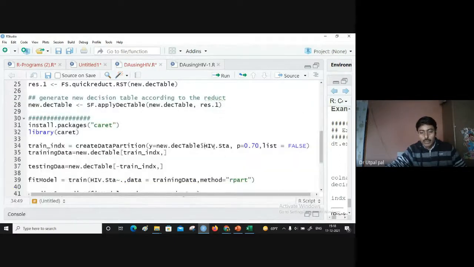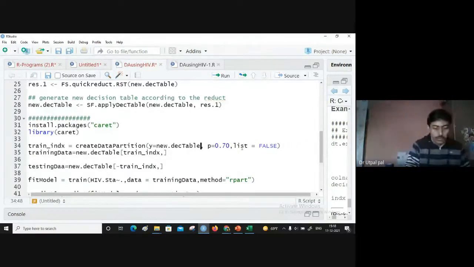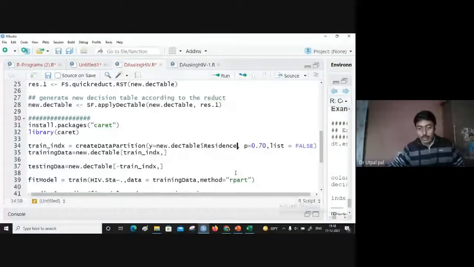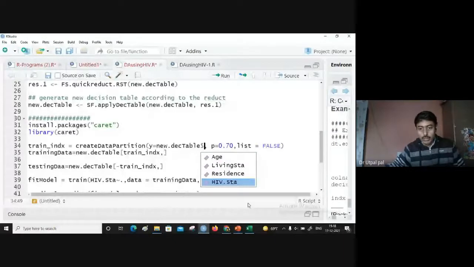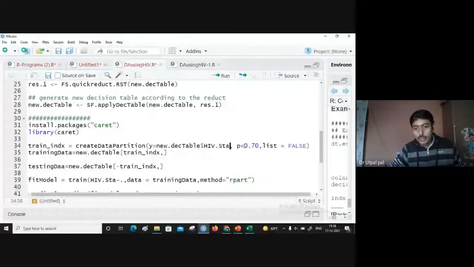So here I have mentioned, see, I can put other names also. See age, living style, residence, but I want to make the decision based on the decision column. So for this, I'll put hiv.sta. This is the decision column, and p equals 0.70.